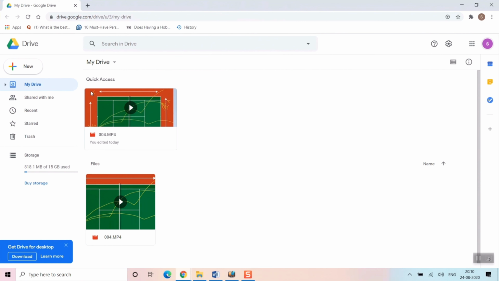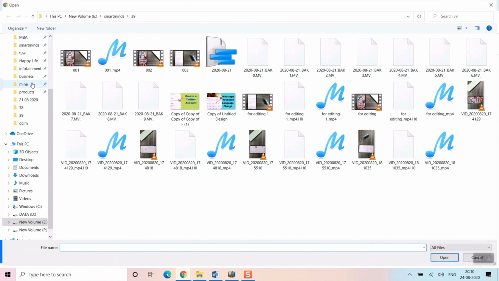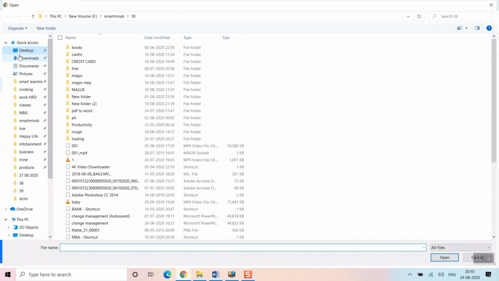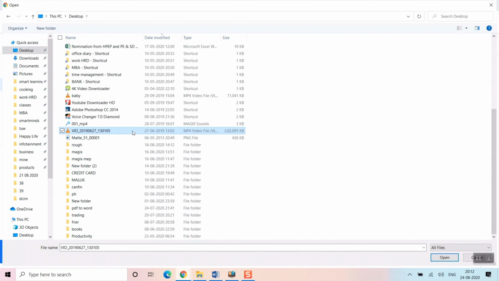So in Google Drive, if you want to upload something, you can click this option, as you can see it here, leftmost corner of your window, plus. Here some options will come like folder upload, file upload. You can directly upload a folder also, but for now I'll just upload a media file. So I'll click here. Once I click, it will take me to the browser page. I'll go to desktop and I'll select my file here. On desktop it was like vid something file name. Okay, this is the file that I want to upload into my Google Drive and then share to my friend's Gmail ID.